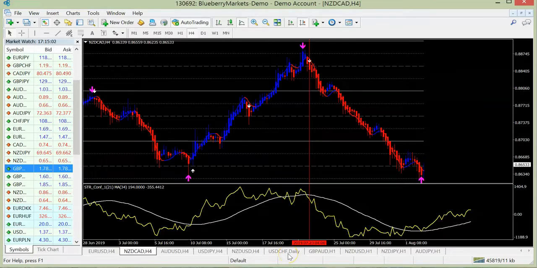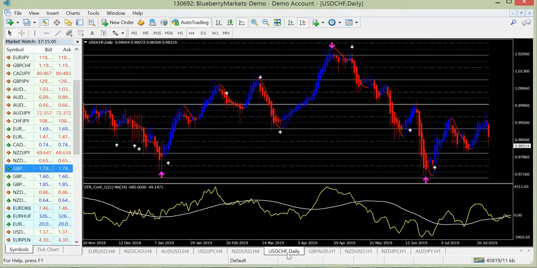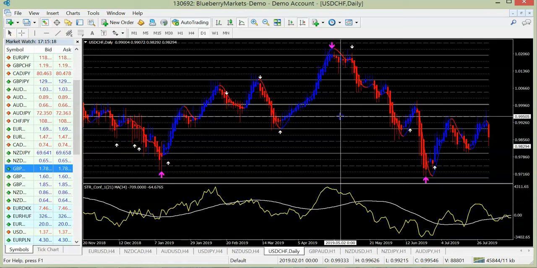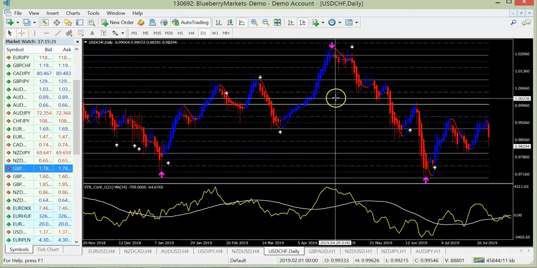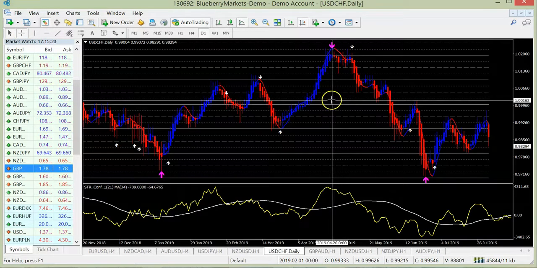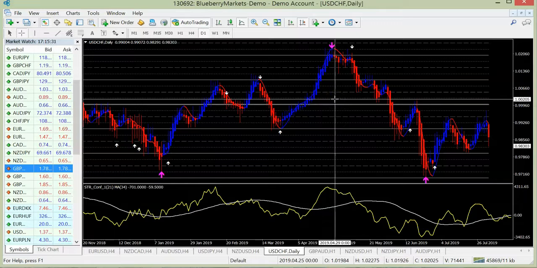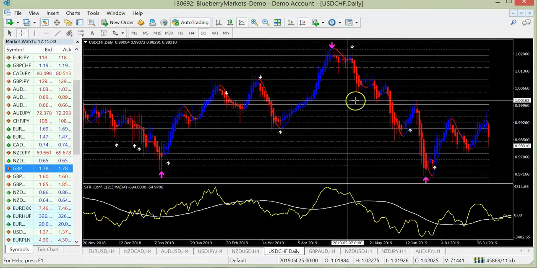Let's see one daily chart. You see, every candle is 1 day. So when you see this, or if we are using the same strategy, you wait for a pink and you do not trade with pink. I repeat, do not trade with pink. After pink, you must get white,